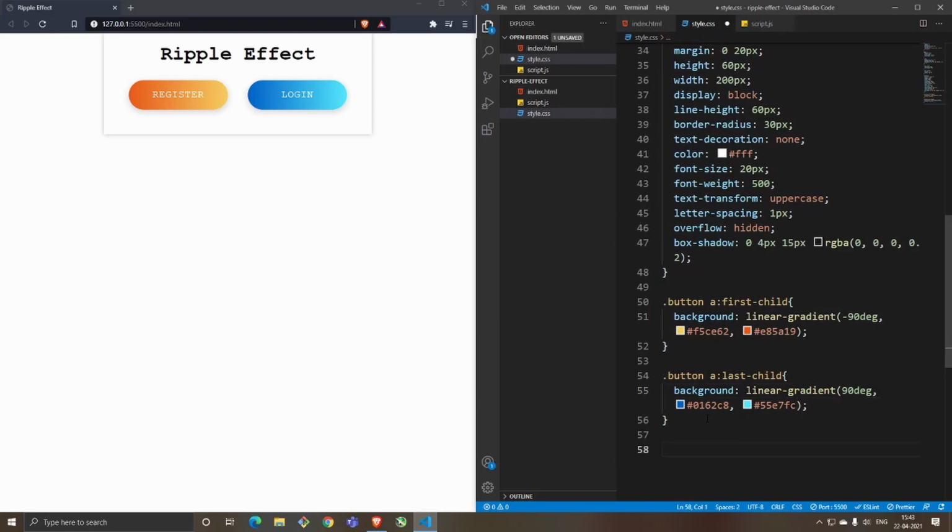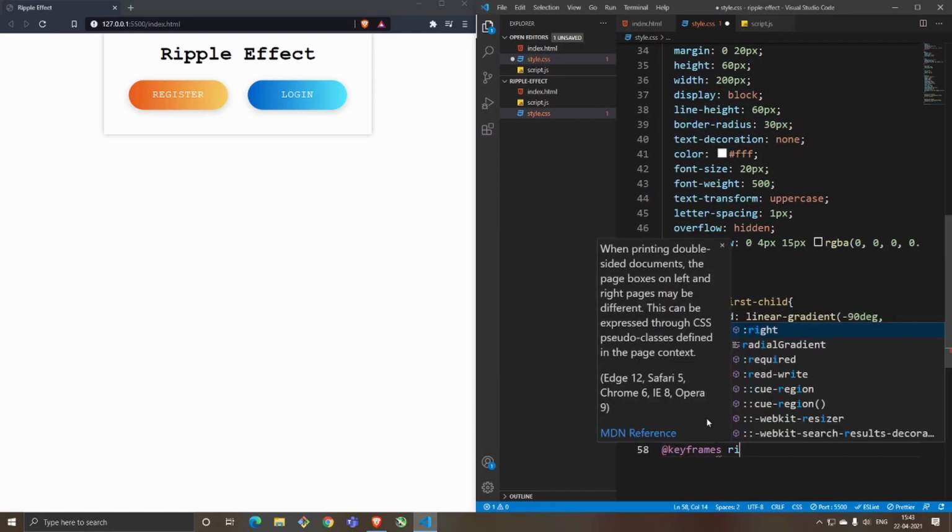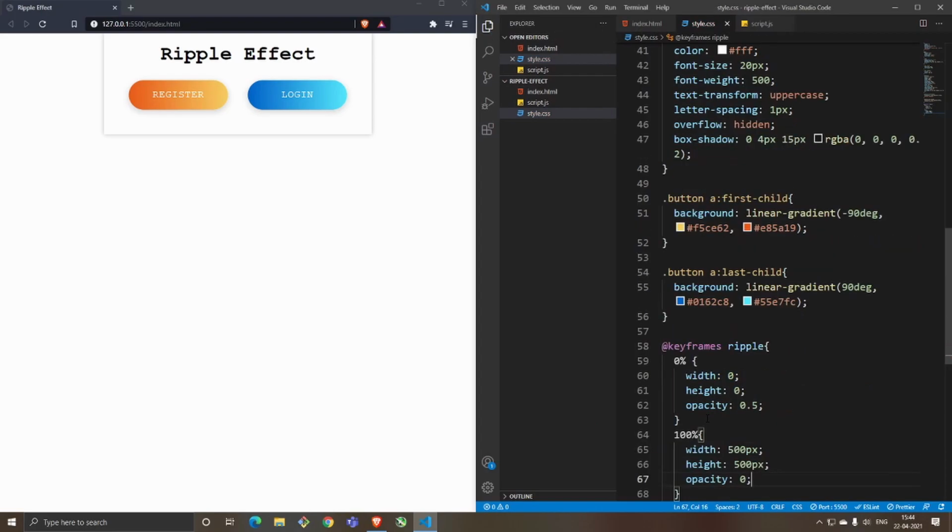Next, I'll show you something really important in CSS. It's called a keyframe. Keyframes are what help you with doing the animation. How you go about writing a keyframe is, you say @keyframes and you give a name to this keyframe. I've kept it as ripple. So now I've created the keyframe, that animation effect. When you click on it, wherever you click, that's 0%, right? So at that time we don't want any changes, and only the opacity to be changed from 0.5. And as it reaches 100%, what we want to do is the width to be increased, the height to be increased, and the opacity to be reduced to 0. So by the end, the ripple effect fades off. That's what we want to do.